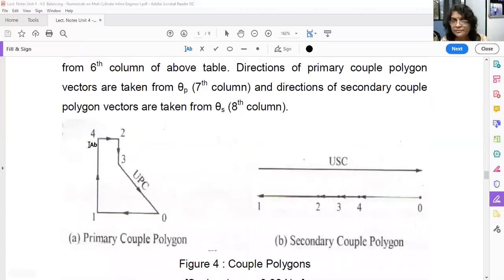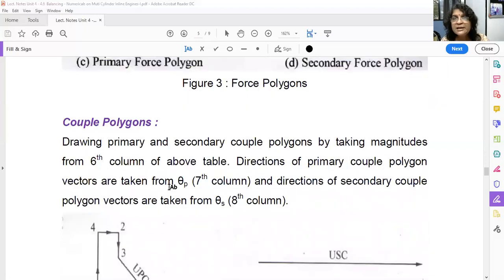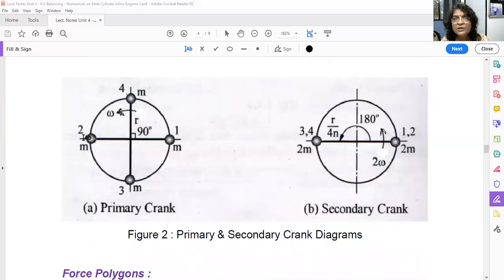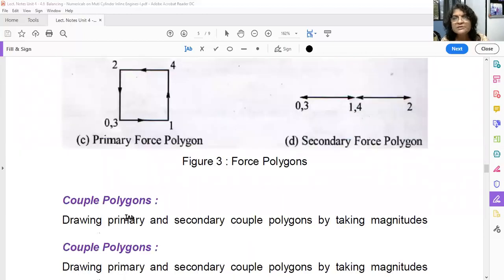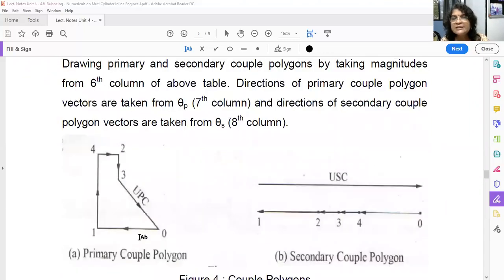Now we are here. Now cylinder number 2, which is having negative couple, and its positive direction is towards left. So negative will be towards right and magnitude will be whatever is given in that table. So this is cylinder number 2 here. We have to consider negative, that is towards the right. Then remaining cylinder number 3, which is downward and which is positive here. So now we have to draw from 2 downward line. This one, 2 to 3 downward. See, this is our starting point. This is our ending point.